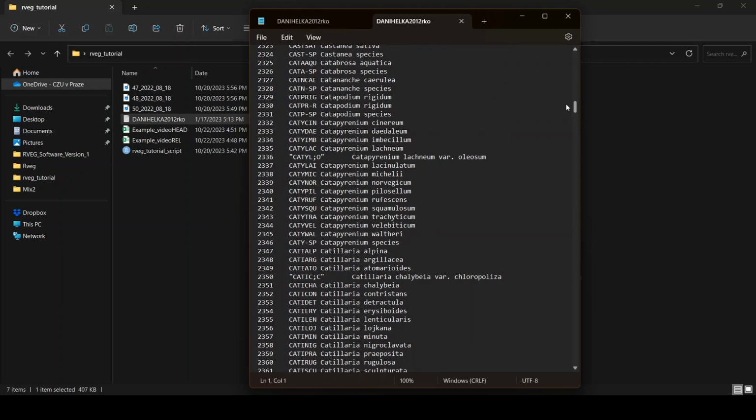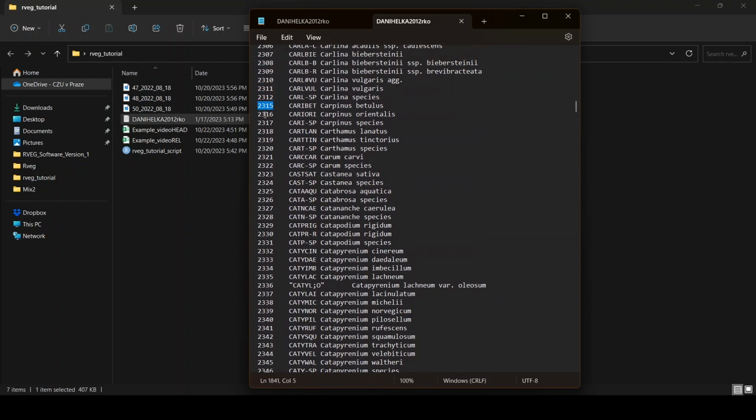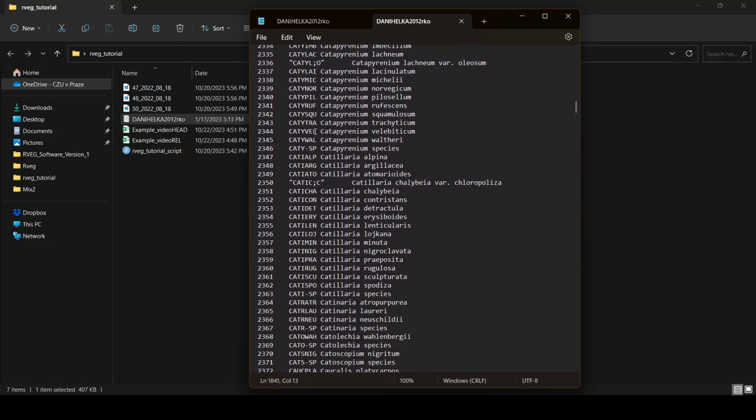I can see that Carpinus betulus has code 2315, and it has a short name, the special code named CARP-BET, and this code is made by the genus and the species name.